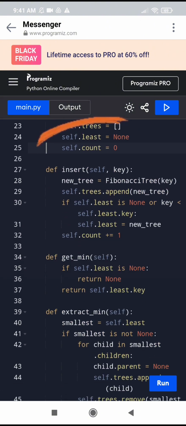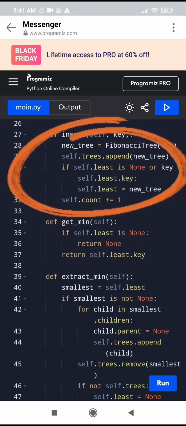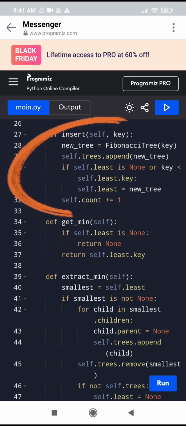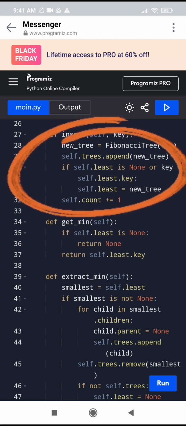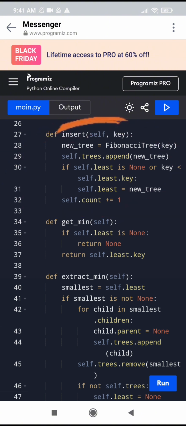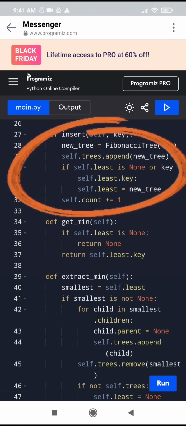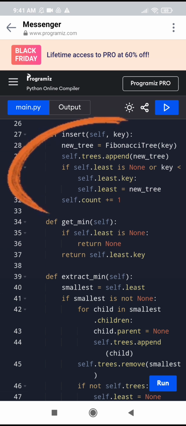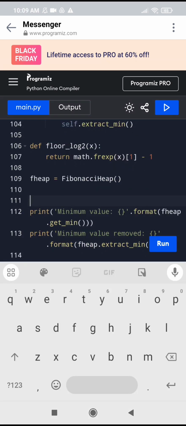So this part creates a new Fibonacci tree node with the given key, and adds this node to the root list or the trees, and updates least if the new node has the smallest key, and increments the count by 1. So for example, heap insert 11